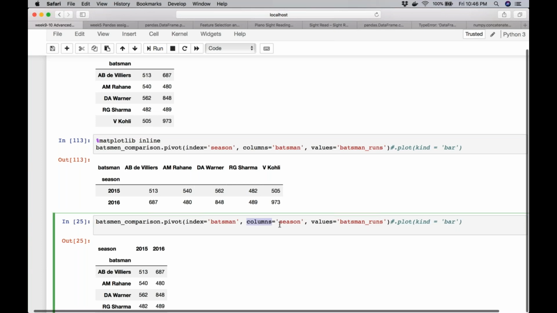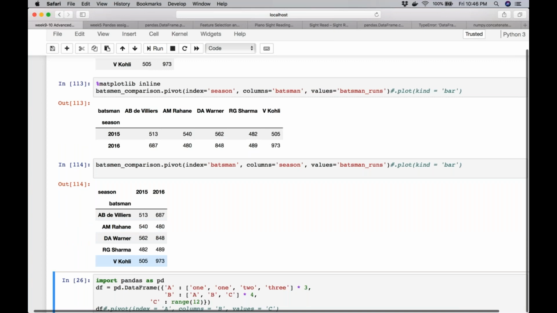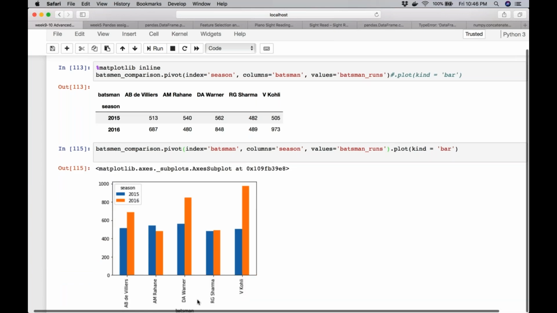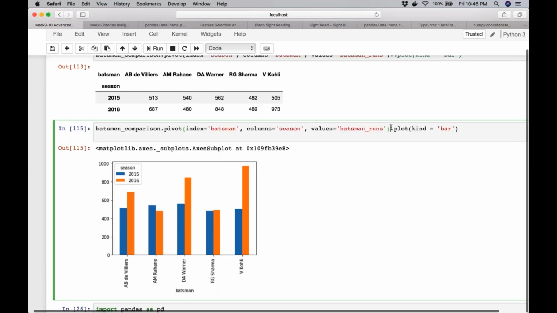Now here, what I am doing is that I can flip the names. So here, instead in columns, you can see now I want the season as my column and the index as the batsman. Just kind of the opposite of this one. I can do that, and now I have the batsman names as the indices and the years as the season. This is what we did. In fact, if I remember correctly, we created a graph of this data. So we had exactly this graph, right?